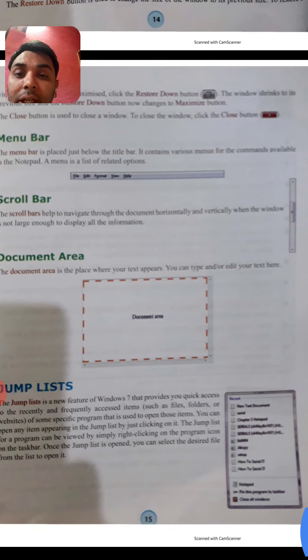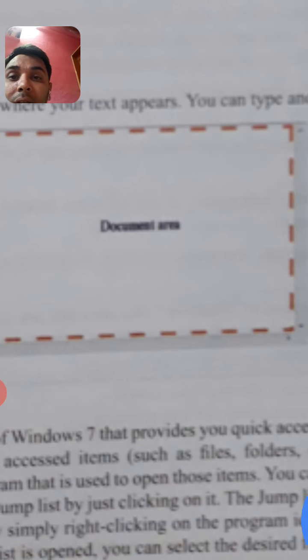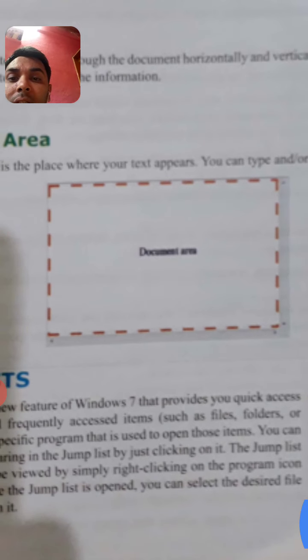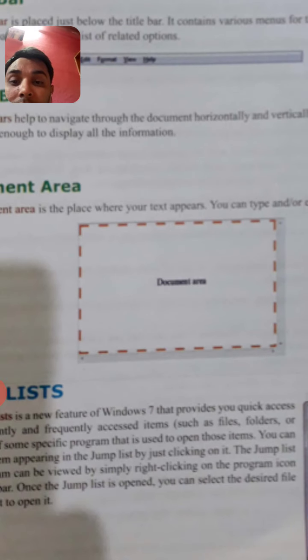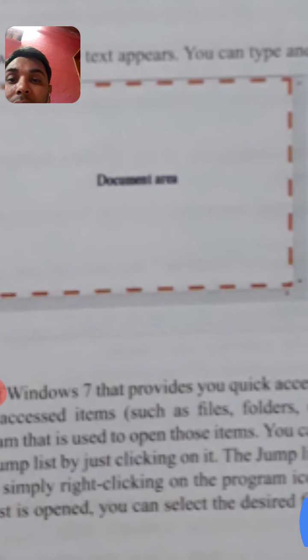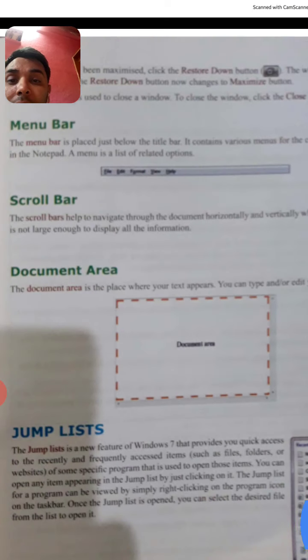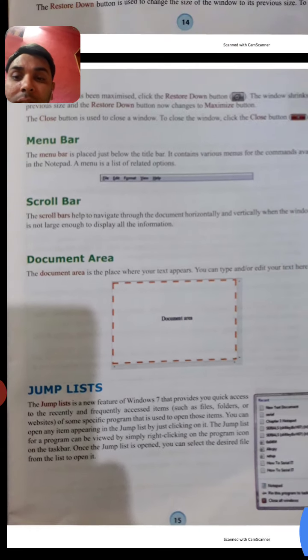The document area is the place where your text appears. You can type and edit your text here. Anything you can write, your name, or suppose you have to type a letter, you can type it here in this document area.